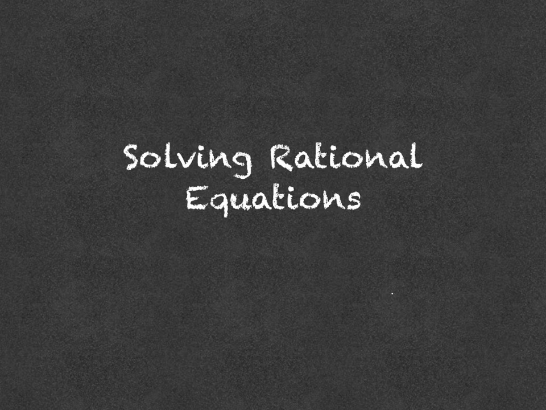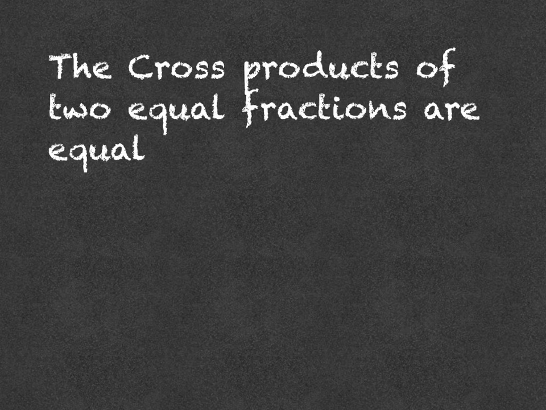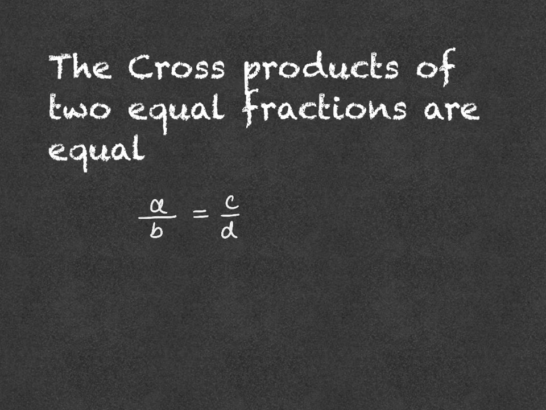So we're going to go over a little review of solving rational equations. The main tool to solve rational equations is going to be the cross product, sometimes called cross multiplication. What it says is if we have two fractions, let's say the fraction a over b equal to the fraction c over d, then if I were to cross multiply, in other words, multiply a times d and multiply b times c,